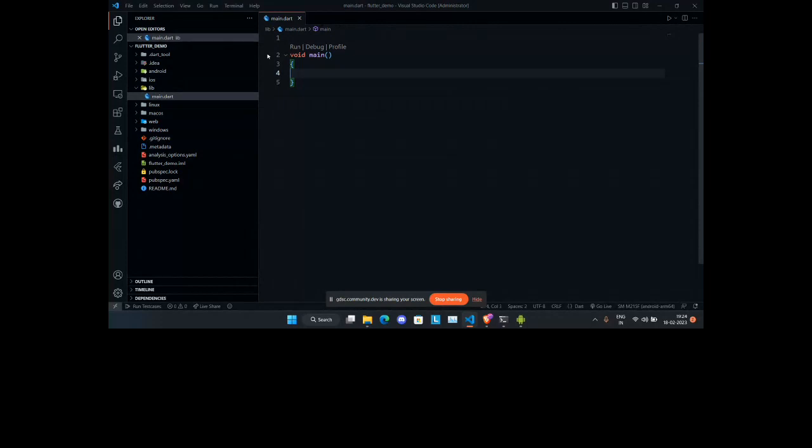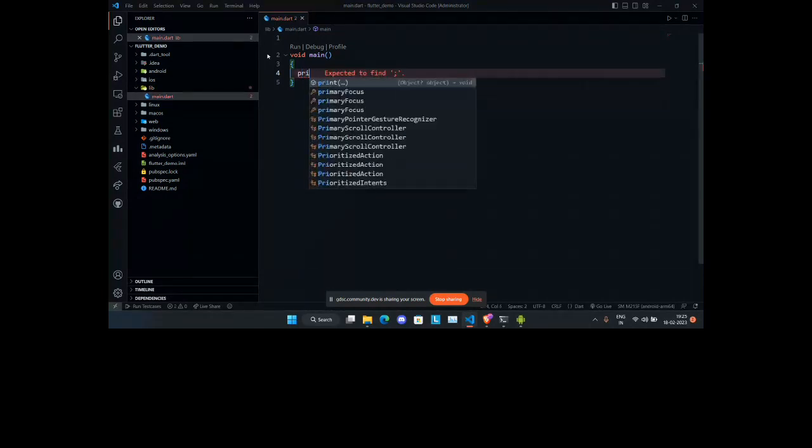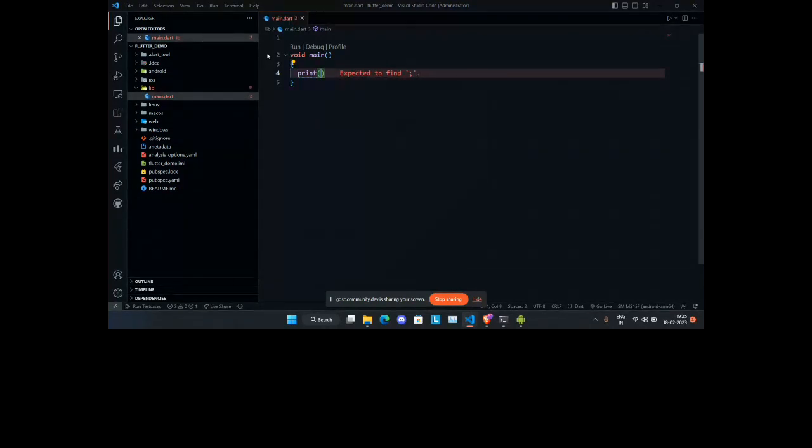At first, I think what I can do is start by printing stuff. For Dart, like any programming language, the statement is print. And just like C, it ends with a semicolon. Inside it can go whatever we want to print. For this, I'm just gonna print hello world, and then I'm gonna run it from here.